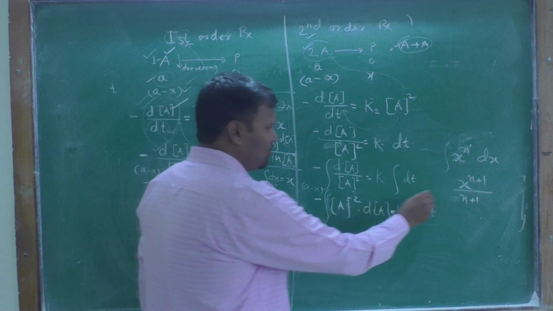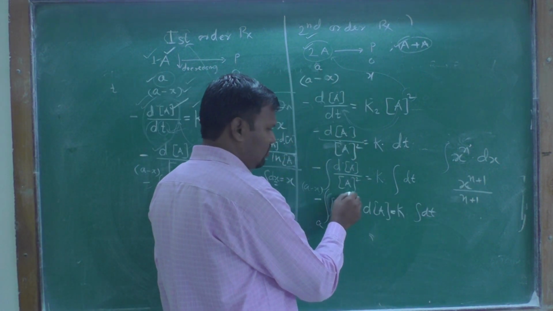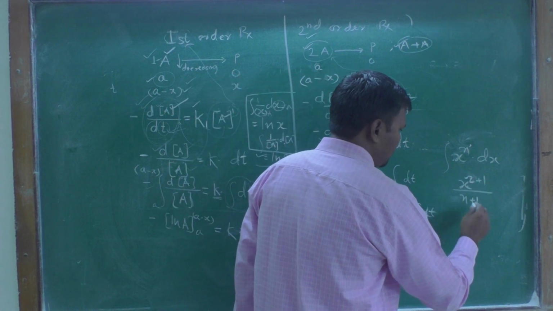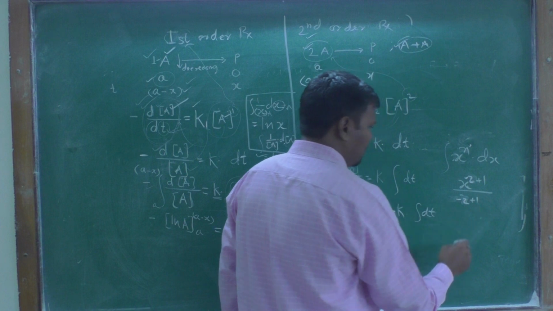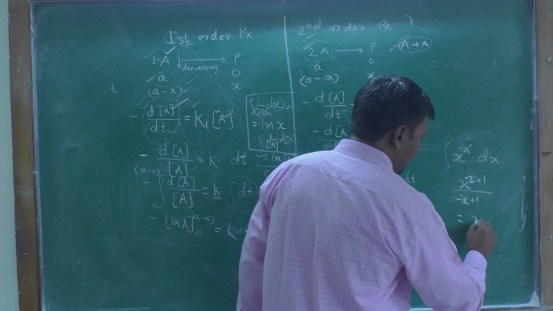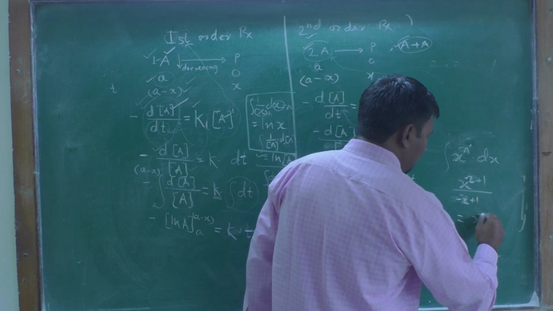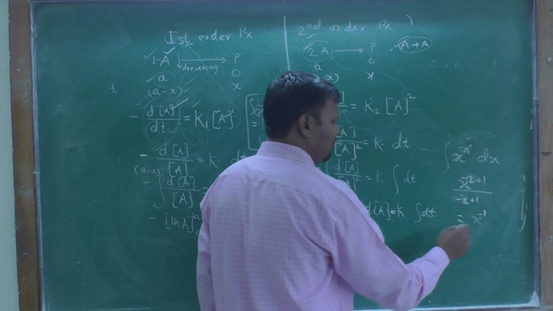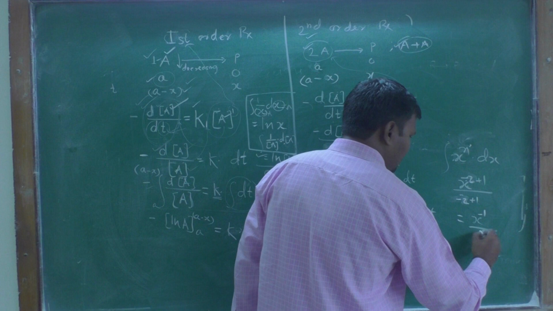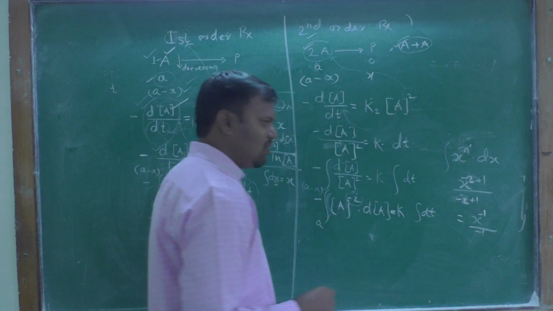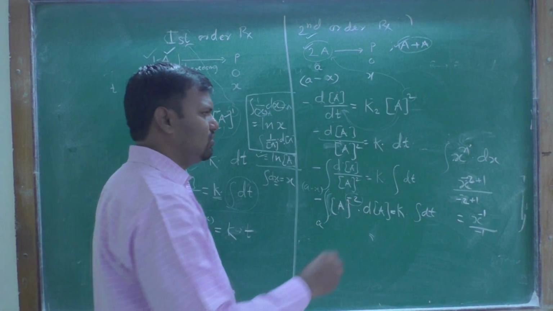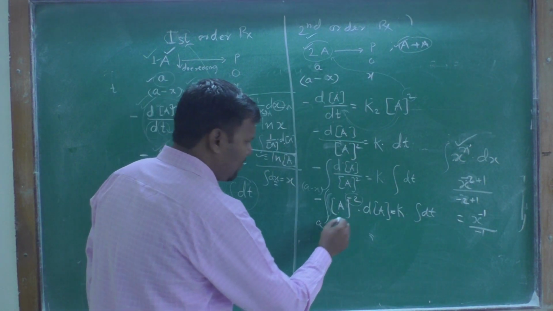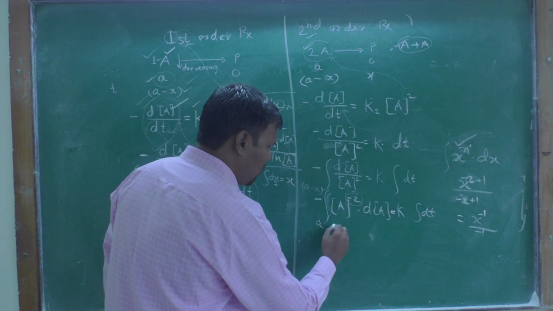Solve this by using this equation. For this, n is equal to minus 2. If you put minus 2 plus 1, you should obtain x minus 1. The biggest quantity is the minus 2, therefore minus sign for this, and minus 1. This quantity, for this you have obtained. Therefore by applying this you have obtained the answer.